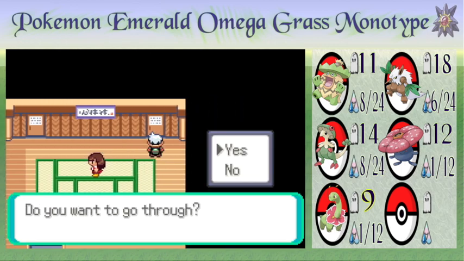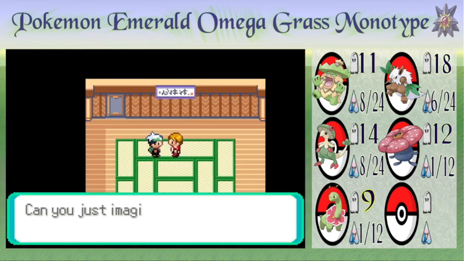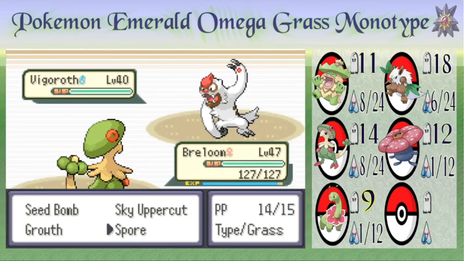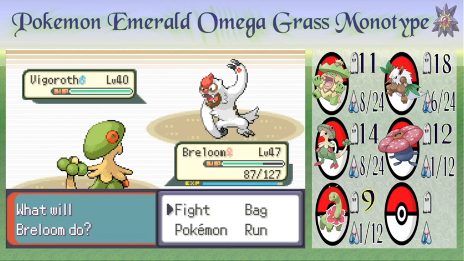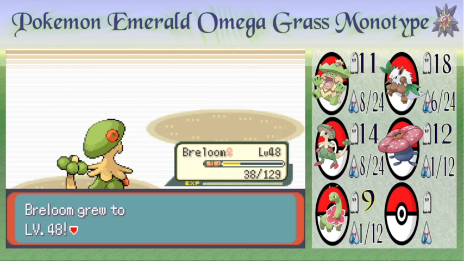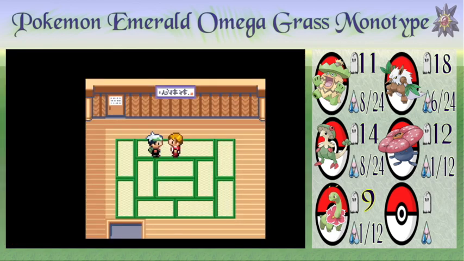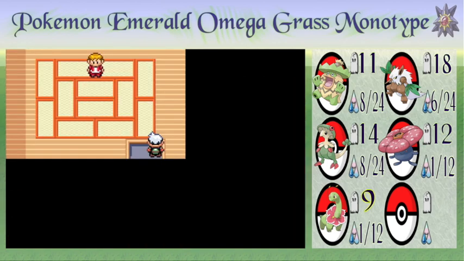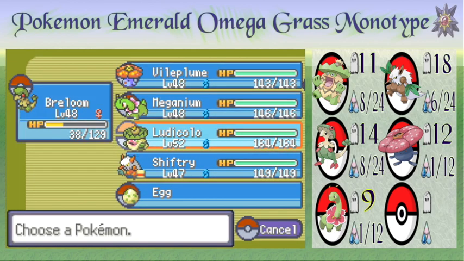Okay, so now we've got the recovery room, which I'm assuming is where I can heal up. Spore as he Crush Claws me. Oh, you have Vital Spirit. Oh, of course. And we got a lucky paralysis off, which is always nice. The one-hit KO room is next, so...